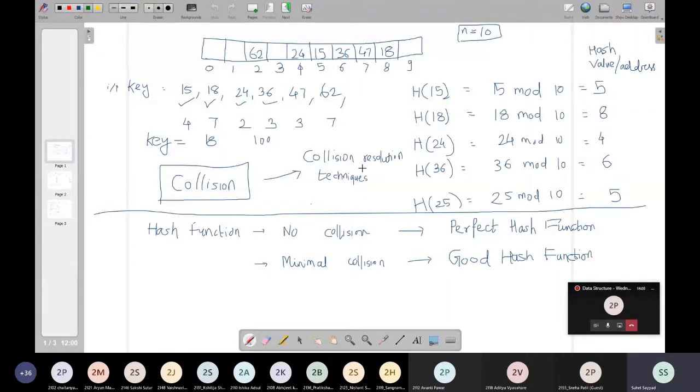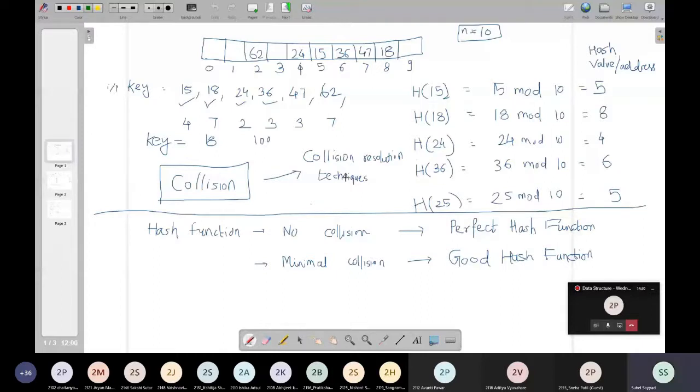Okay, this looks fine. Okay, students, very good afternoon. In the last lecture, we started with the third searching technique, that is hashing, and we have seen how hashing is a process of converting a key value into a hash value or a hash address, and this can be done with the help of a hash function.